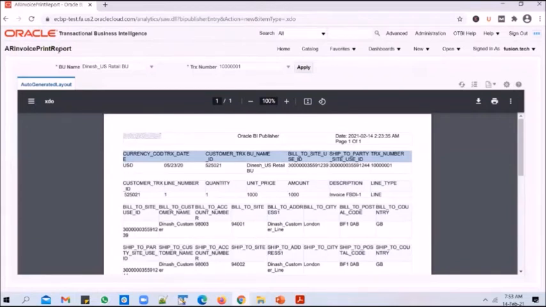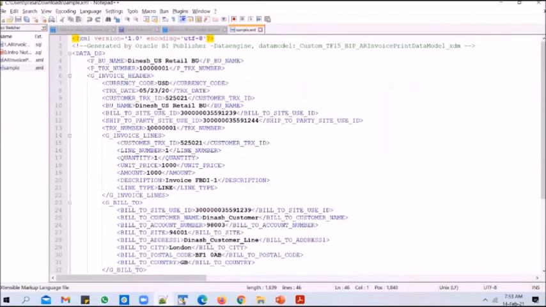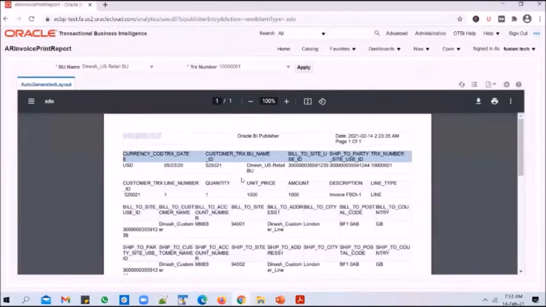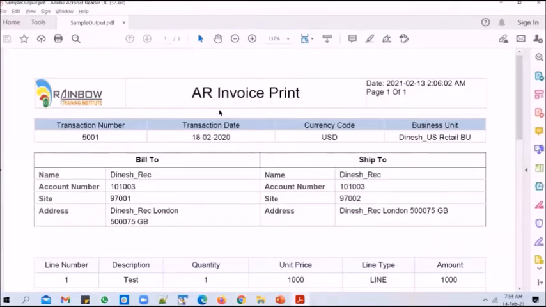So what is the purpose of creating a report? And what did we achieve by creating this report? If I ask it this way, we were able to convert this XML output into a PDF output. But if you look at the PDF document, obviously this is not something that the client is looking for.